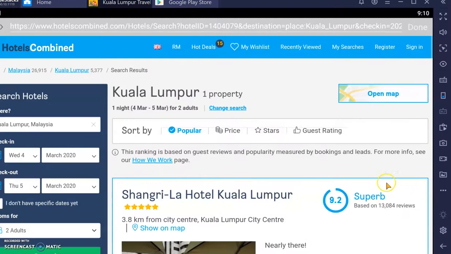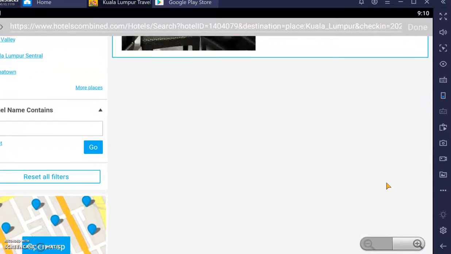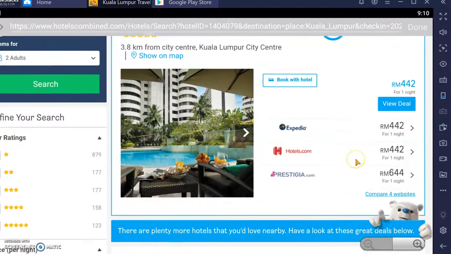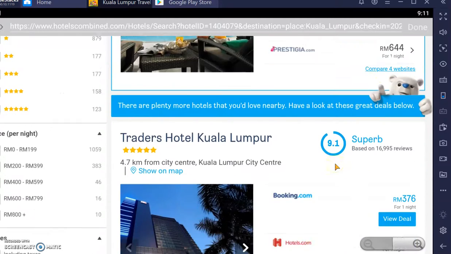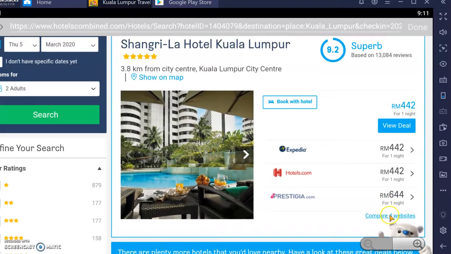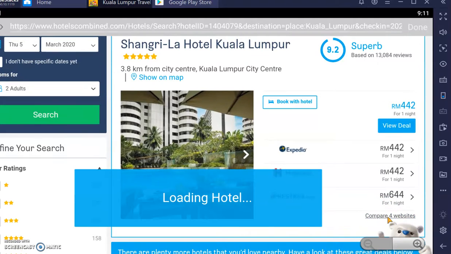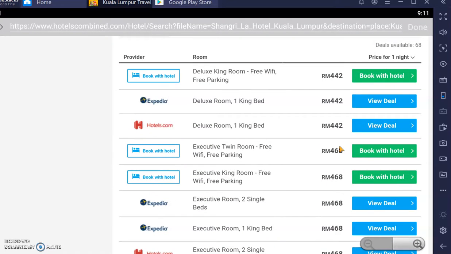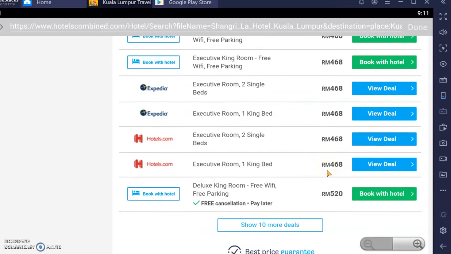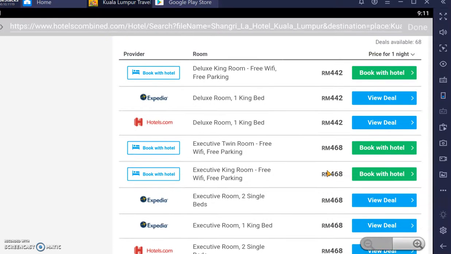Then it will display the hotel booking provider for me with a different price. Okay, if I want, I also can click on this compare for website, and then it will show me more option, more provider for me to book this hotel room with a different types of room and a bit of different price. Okay, let's say I want to book this hotel room. The first option, deluxe king room, free Wi-Fi, free parking. I click on book with hotel button here,